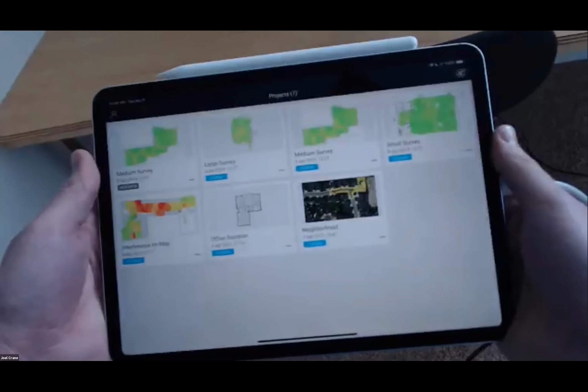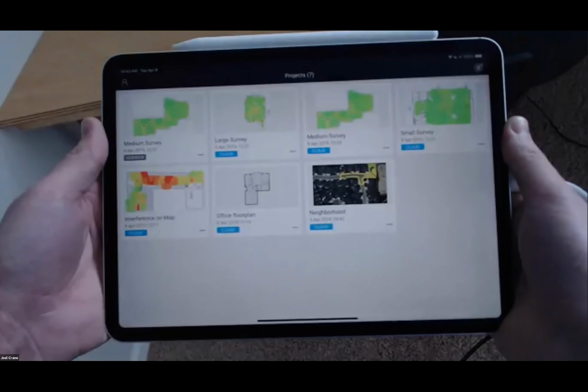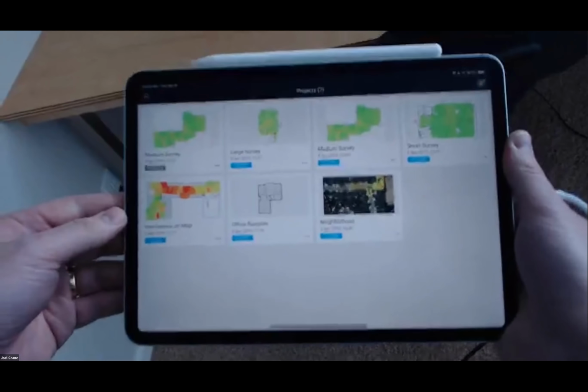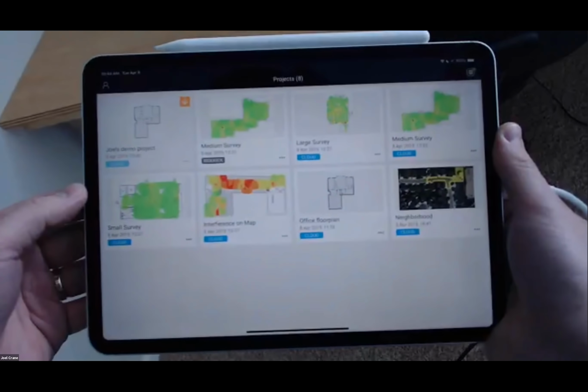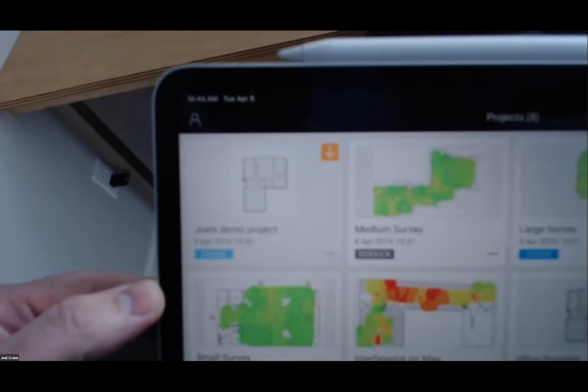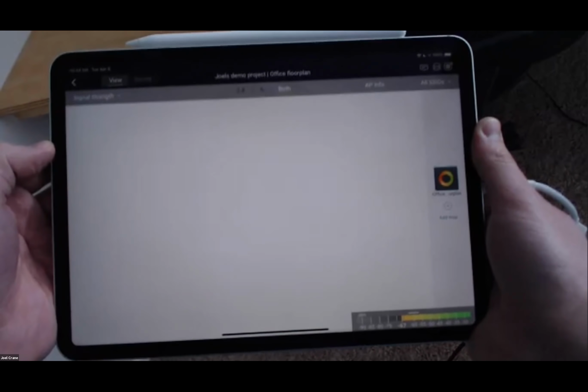So here I am standing on site in Boise, Idaho, very, very far away from where Jerry is, and I've got my iPad here. And so I'm just going to swipe down on the list of projects to refresh that, and we can see it. There's a new project there called Joel's Demo Project. So I'm going to tap on that to synchronize it down to my